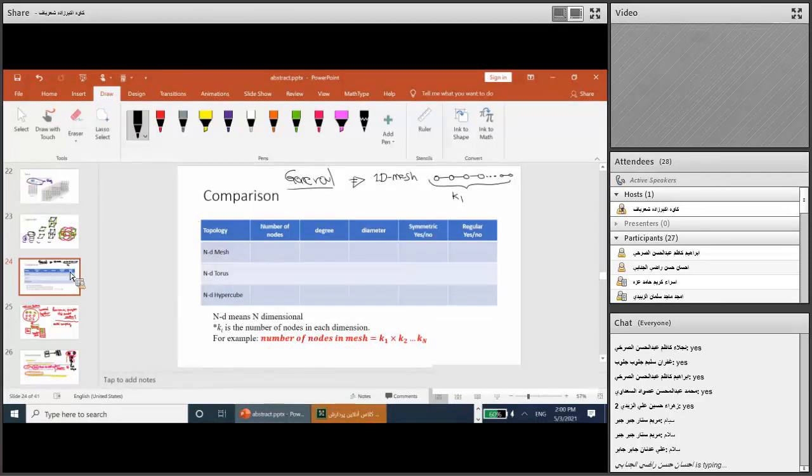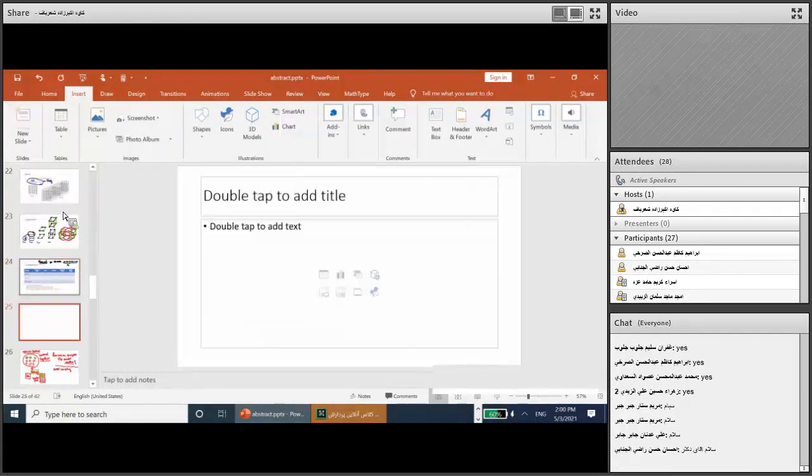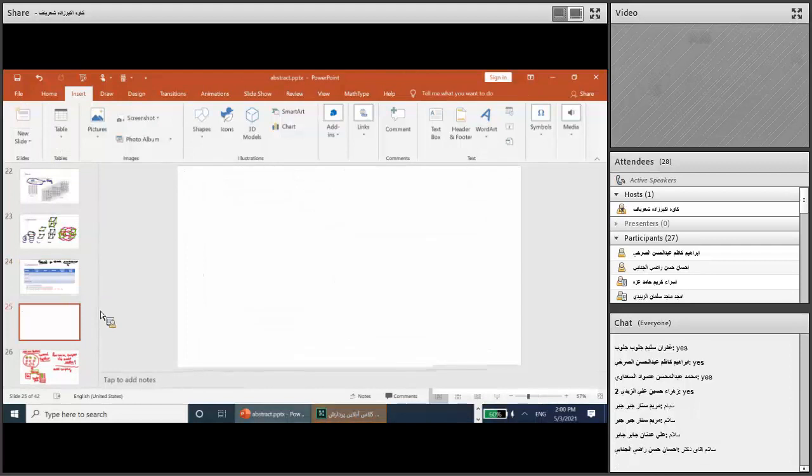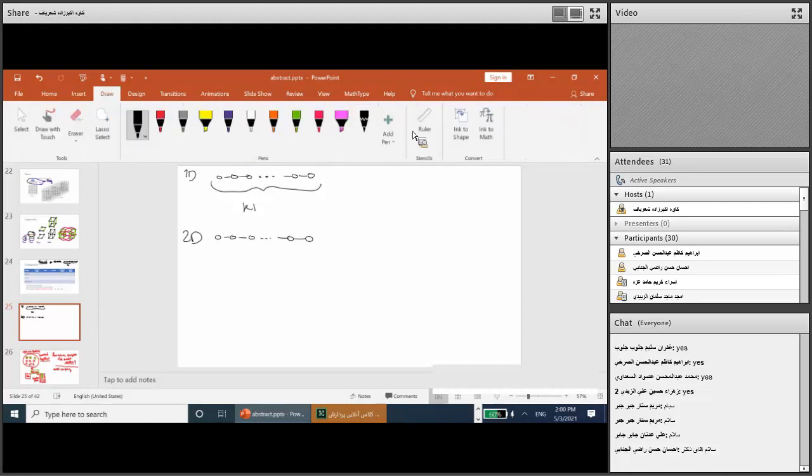For a 2D mesh, we have K1 here, n nodes here,